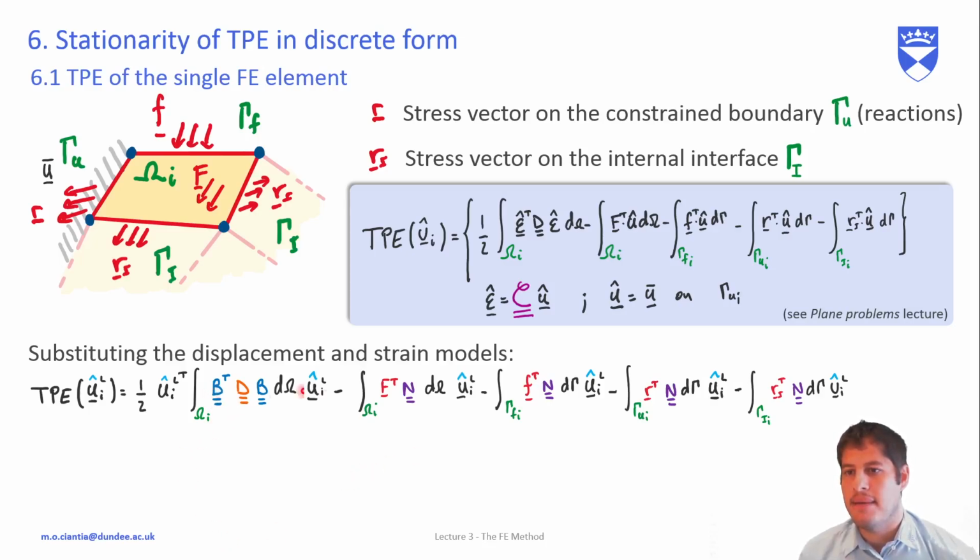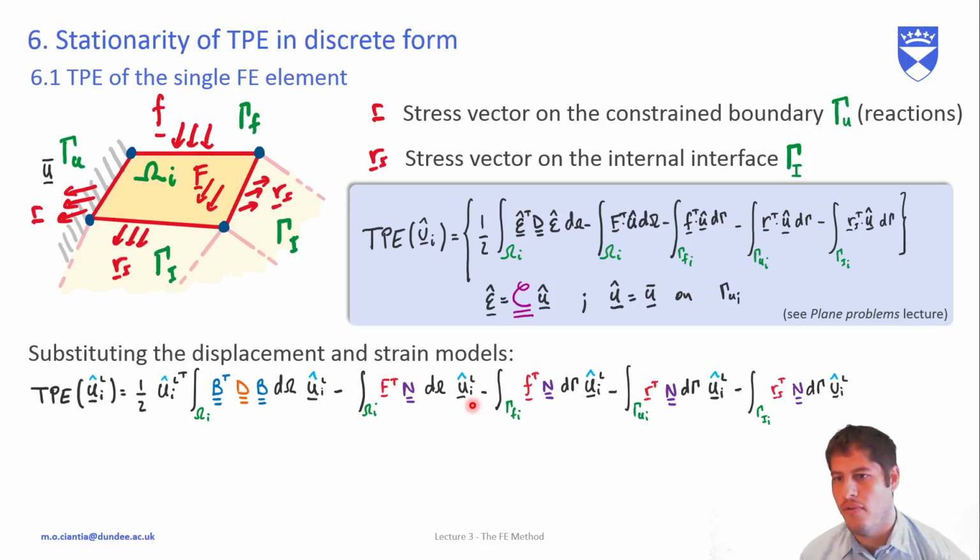And by substituting the model for displacement as N times u of the element, so the shape function, we then see that we get to this expression. So B, the matrix B we've seen before, B dB, and then u_i^L, the nodal displacement vector of element i, comes up here, and all these other terms for the external energy,